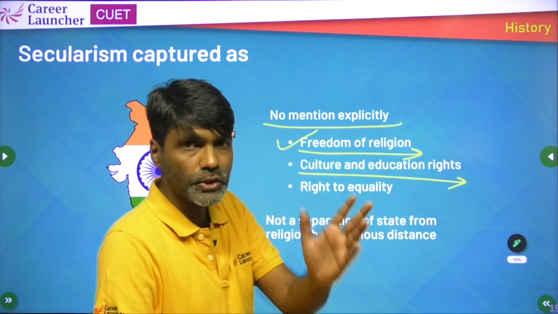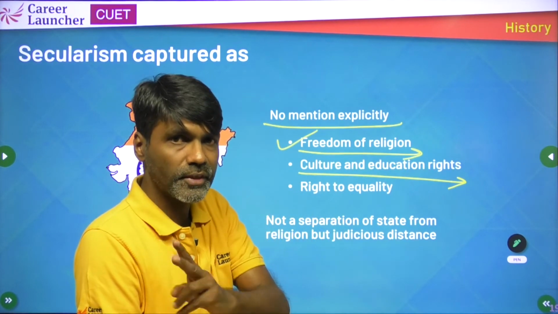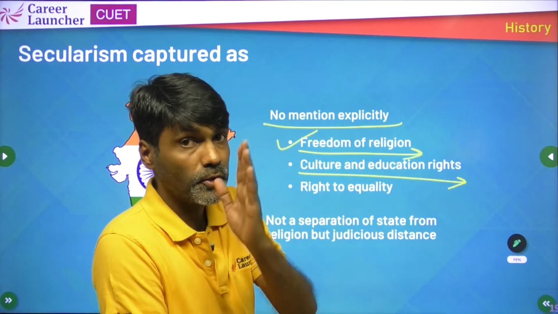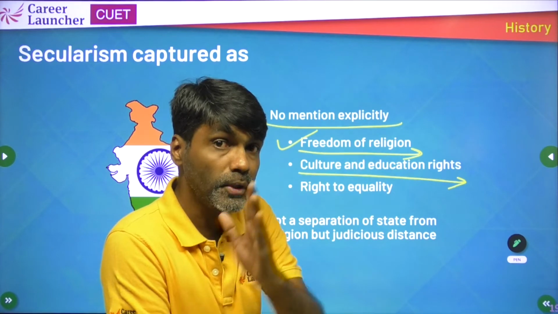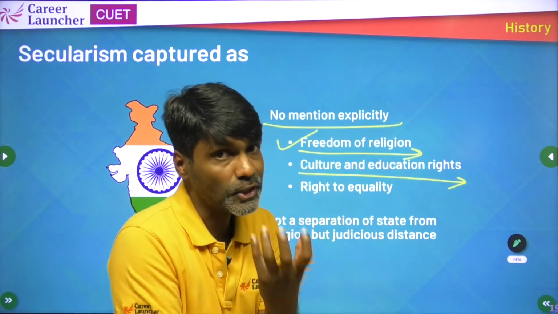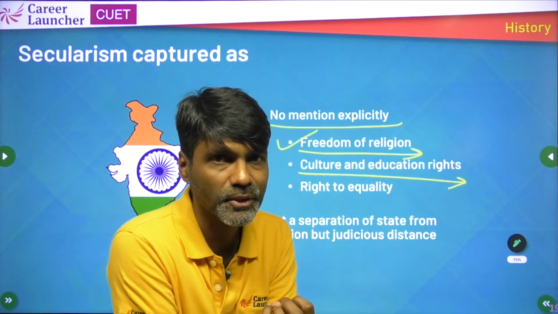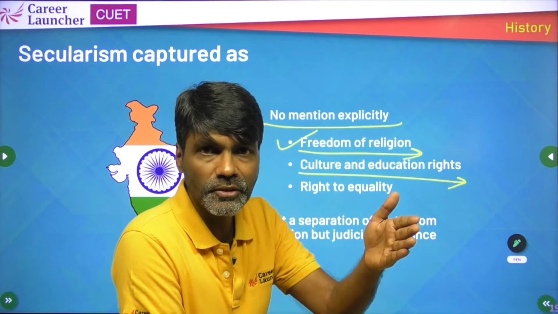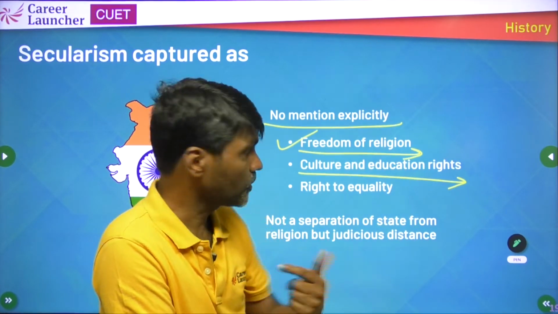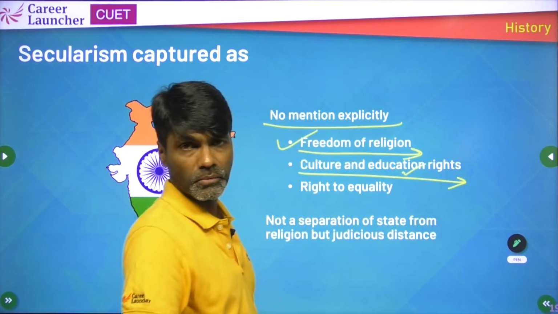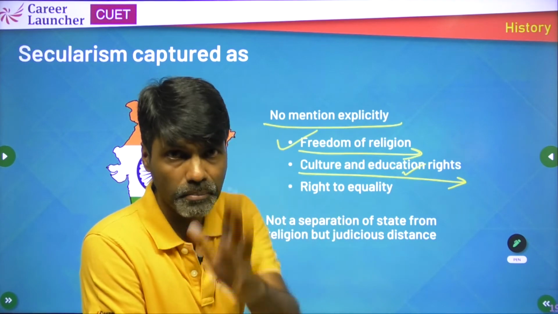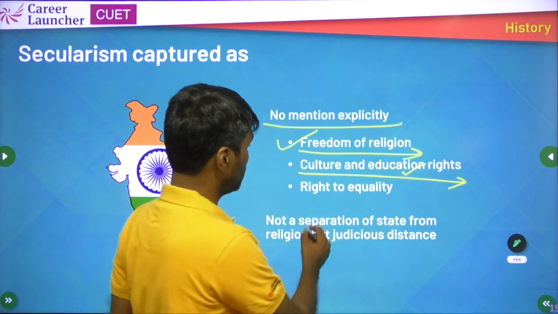और रिलीजियन को और कल्चर को अलग करके देखा गया. For example, the way a Punjabi Hindu and a Punjabi Muslim lived together before partition is exemplary. Culturally they were Punjabis, ethnically they were Punjabis, but religion wise he practices Islam and she practices Hinduism or Christianity for that matter. Okay. Right to education. Nobody can be denied education based on any tag other than being a citizen or a person.